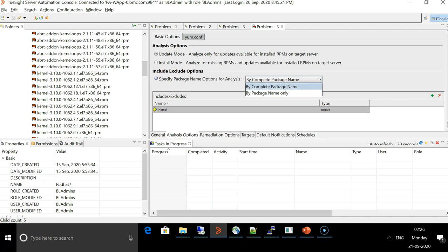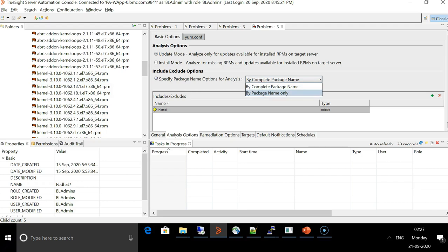When the analysis is executed by complete package name, it usually takes the package name with the version as well. So this is the reason why whenever the include list is created, it contains all the versions of the kernel RPMs, and this is the reason why we see that in the patch analysis job all the versions are being reported as missing. So the fix of this problem is pretty simple.